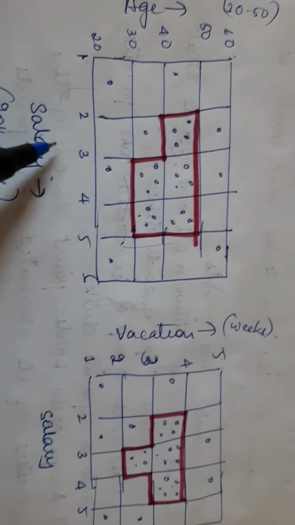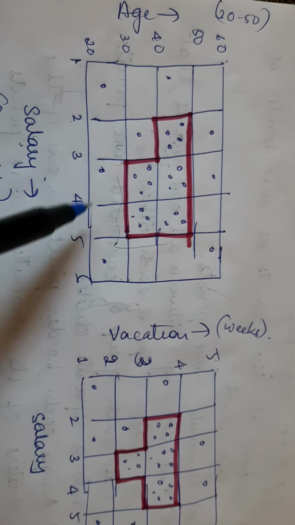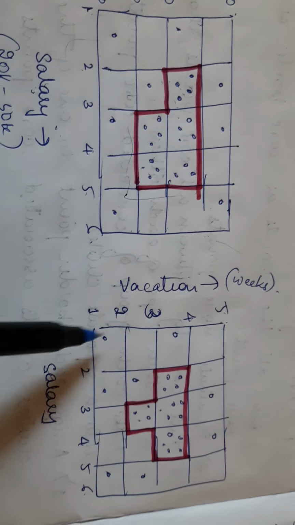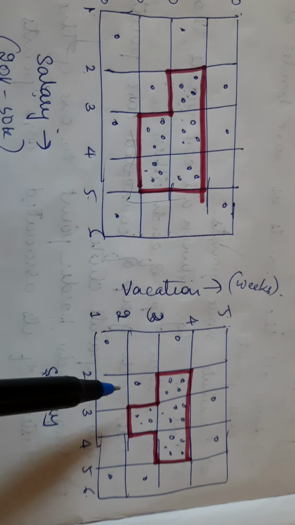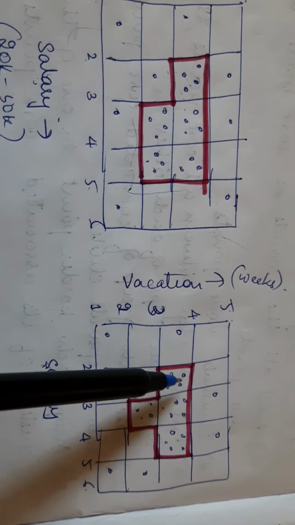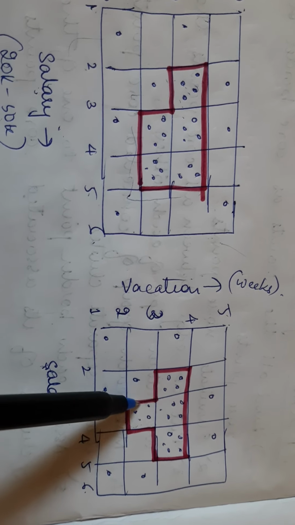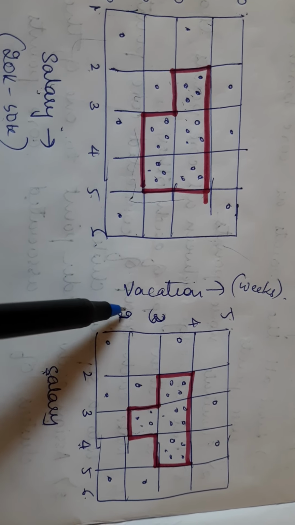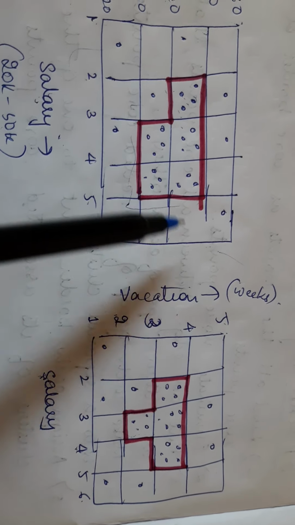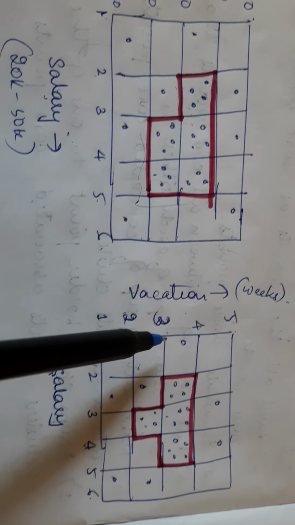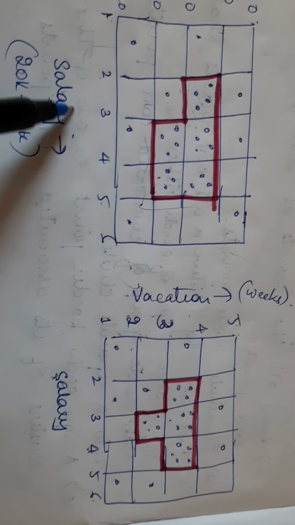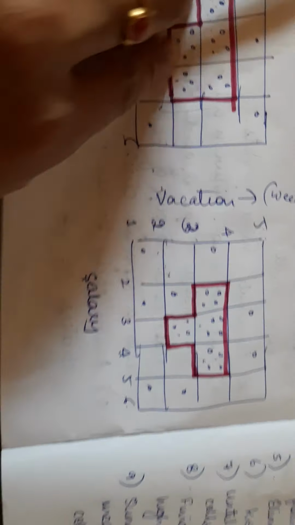Here, salary maximum I can see between 20,000 and 50,000, and age is between 30 and 50 years. Now same thing if I plot the salary and the vacation, you find that again the dense regions are these regions. The salary is between 20 and 50, the same thing, whereas vacation they take between 2 weeks and 4 weeks. So this is a one dimensional structure. Then we take this, merge them into a two dimensional structure, then a three dimensional structure, and so on. So this is how we generate these grid based techniques.